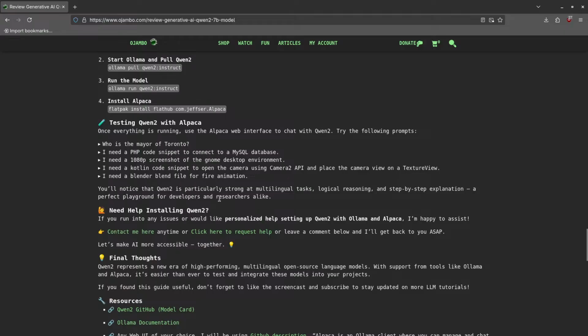All right. So if you notice, it also had the multilingual task, logic reasoning, and step-by-step explanation. So that is a good way if you want to learn, especially very basic things. It will actually do a pretty good job. I was actually impressed with that. It explains things, but if you want something even slightly more elaborate, the explanation is wrong. So that might put you off. You're better off